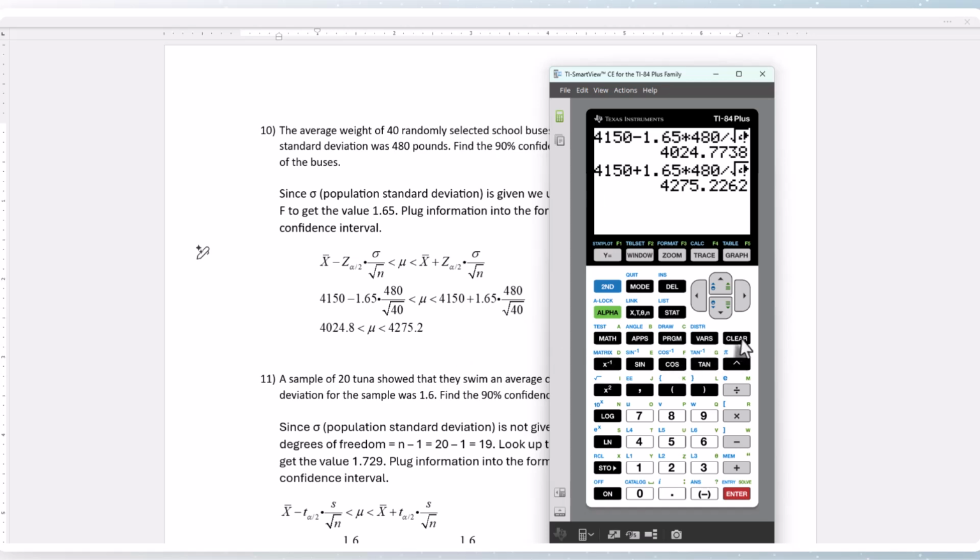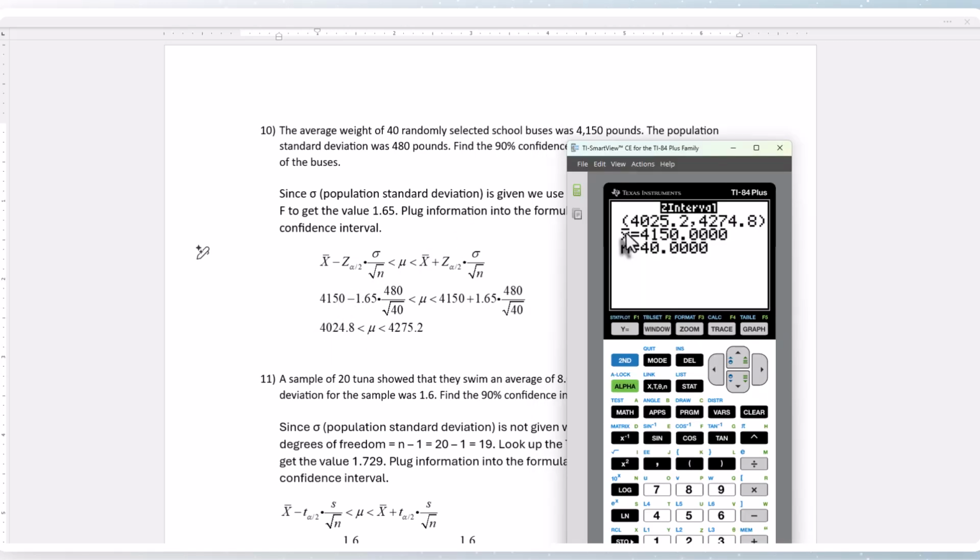Hit enter. 4,275.2. Of course, another option, you press stat, go to test. You want number 7. Make sure you're on stats. Type in the information, 480 for sigma, 4,150 for the sample mean, N is 40, and then the confidence level is 0.9. Select calculate. We have our endpoints,